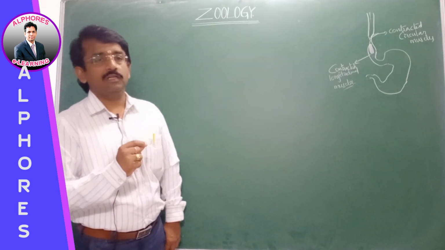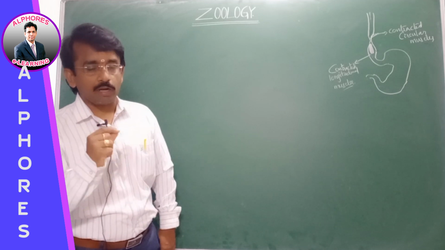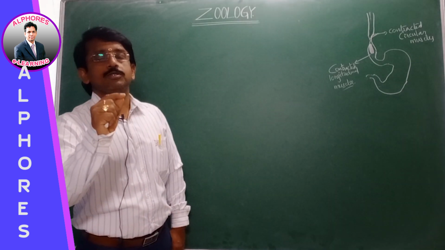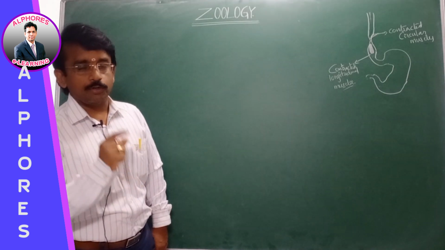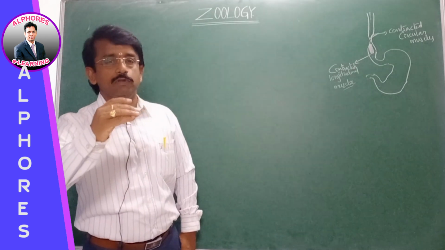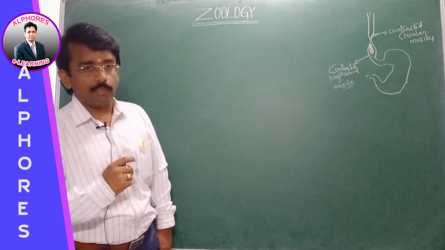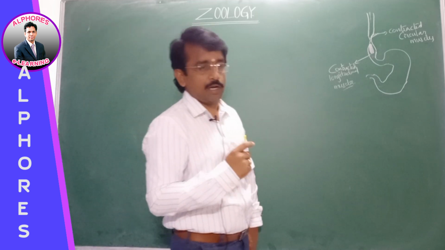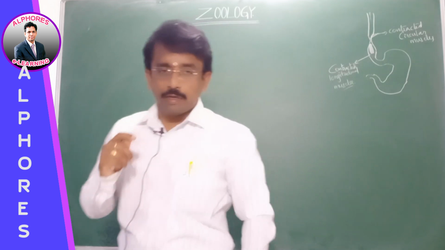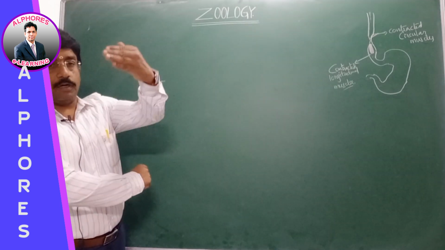The digestion in the oral cavity is of carbohydrates only, which means our process of digestion begins with the starch or carbohydrates. So 30% of the starch is digested. This digested food gradually moves through the pharynx and esophagus and reaches the stomach. Now, the digestion in the stomach. The partly digested food from the oral cavity, the food bolus, gradually moves